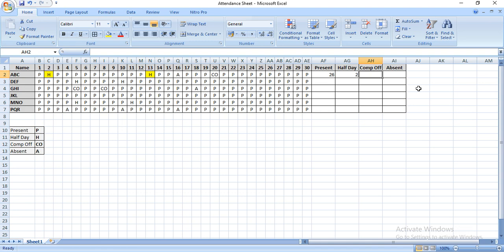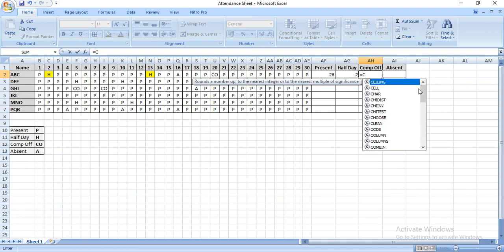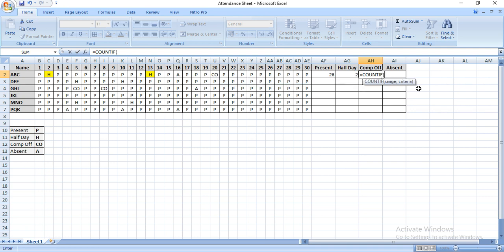Same way we calculate comp off is equal to COUNTIF, bracket open, range, comma, double inverted comma, for comp off the keyword is CO, double inverted comma complete, bracket complete, enter. The comp off is 1 here, you can see, and absent is equal to